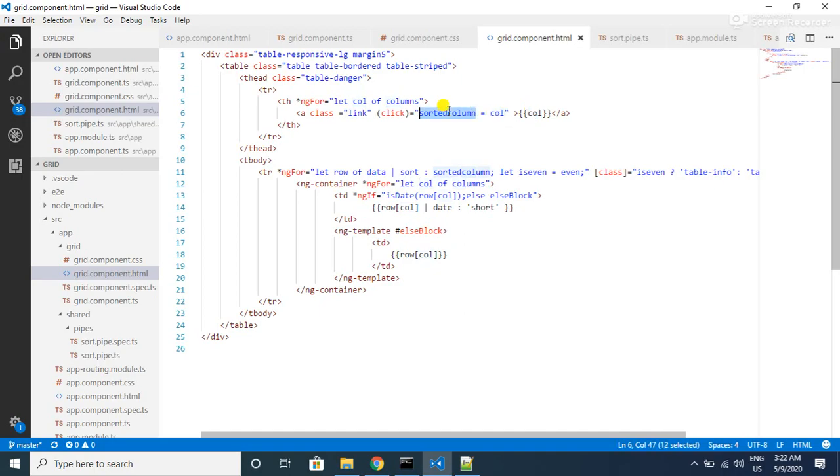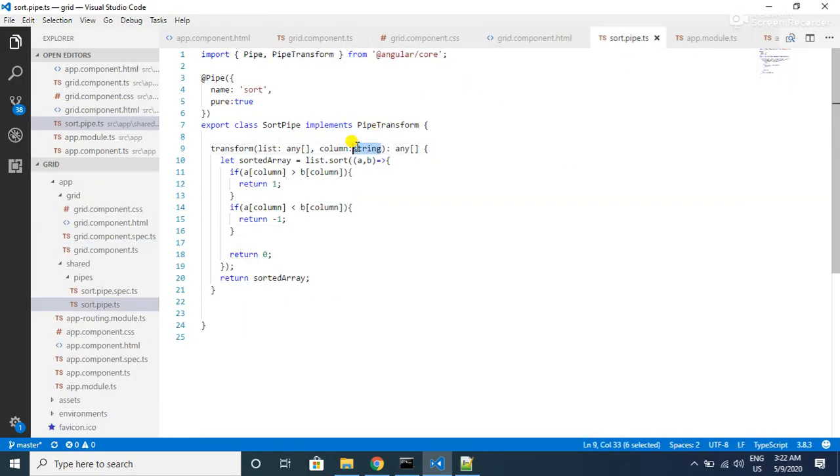After that, this sorted column has changed, and we are also passing this sorted column to our sort pipe, and that is the reason why the input parameter of the sort pipe has been modified. So that is why it is being called again, and based on this new column that we have clicked, the list has been reordered and then returned back.